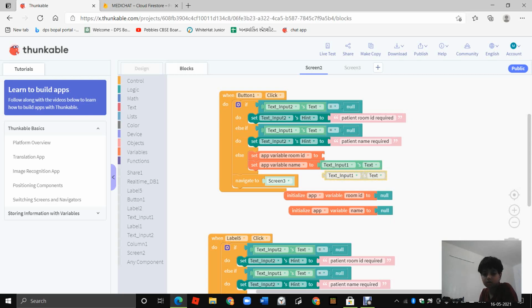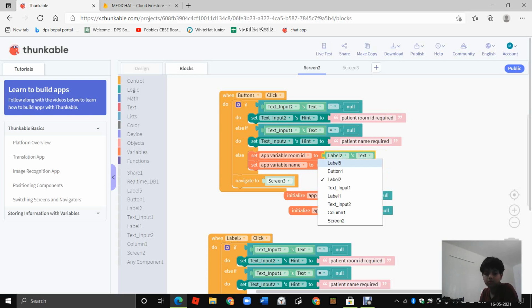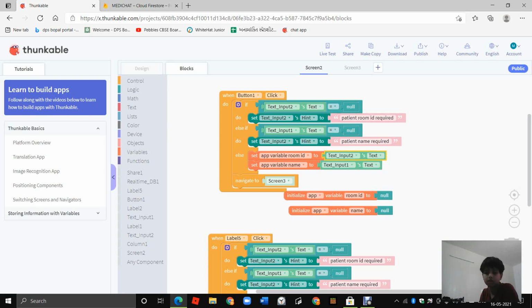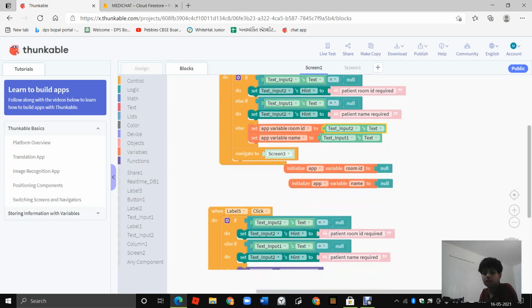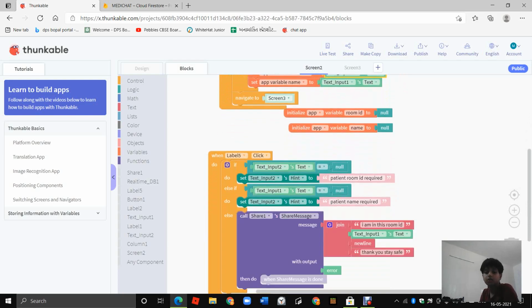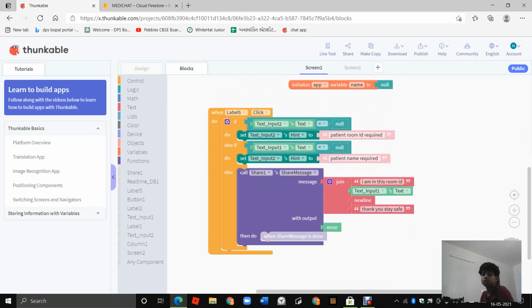One minute, this has come out. It will navigate to screen 3. After that, it will be going to the send message one. It has been recently added, because this is the most upgraded, advanced app I've really made on my own. So this one part will be the same and this one will be new.